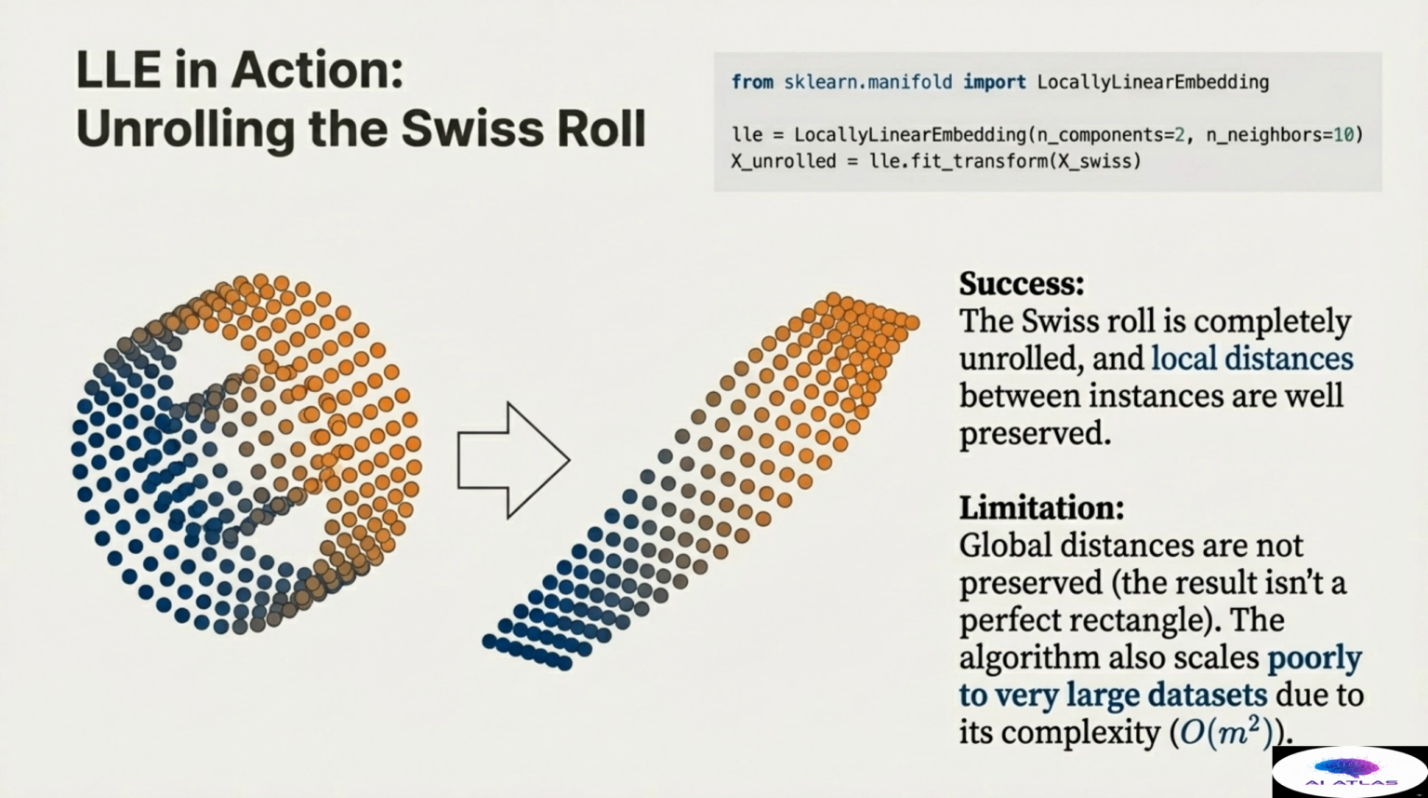However, LLE does suffer from important limitations. Global distances are not preserved. Notice that the result is not a perfect, undistorted rectangle. Furthermore, and most practically, LLE scales poorly to very large datasets. Its computational complexity often grows quadratically with the number of samples, or O(m squared). This means LLE is generally reserved for datasets where precise local structure preservation is critical and the number of instances